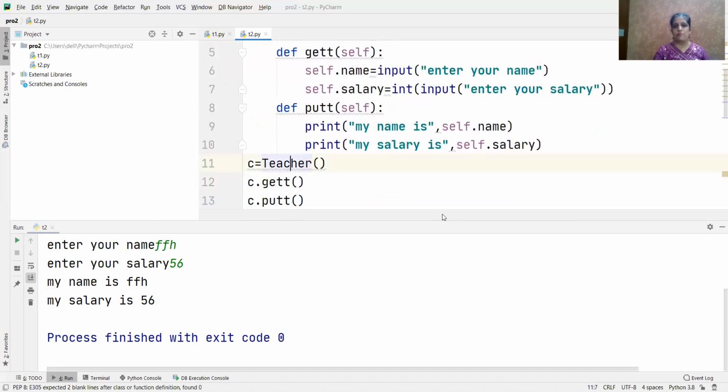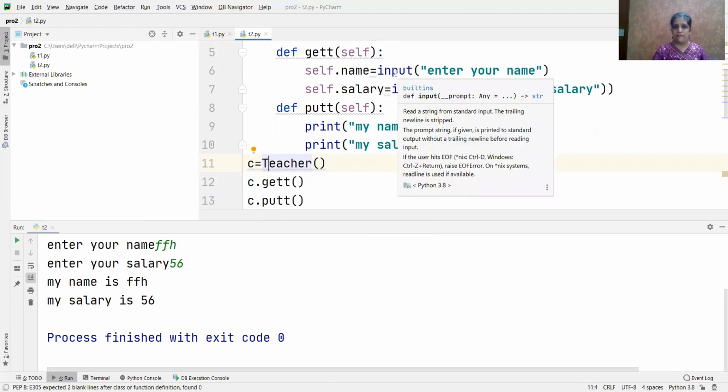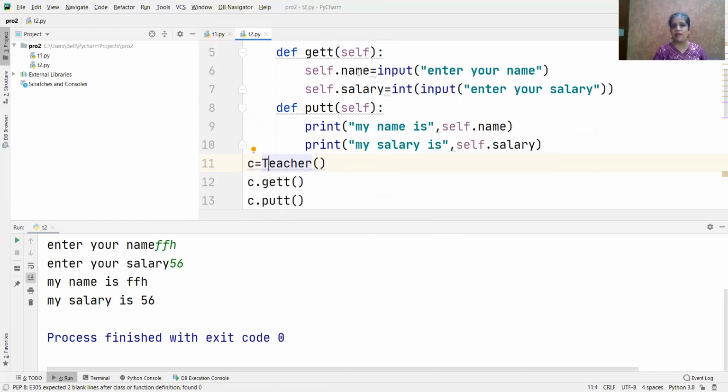And to declare the object, you have to write the name of the object, whatever you need, is equal to teacher. क्योंकि मुझे उसको initialize तो करना पड़ेगा ना कि object किसको refer कर रहा है. It's referring to this class, teacher. Okay. And then with the help of this object, you can call these methods. So if you need anything, अगर आपको इनमें कुछ changes करने हैं in variables में, name और salary में, you can make the changes here outside of this function also.